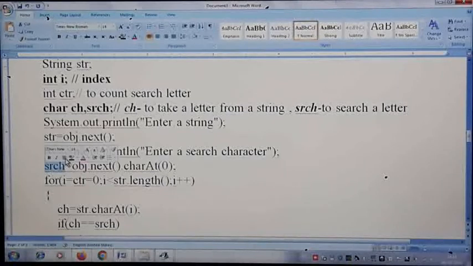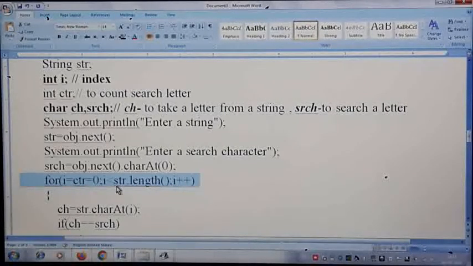So search is ready, your input string is ready. Now we are going to start with the for loop. Initially i is pointing to 0, and the counter, because I don't know how many times the search letter appears, is also pointing to 0. How many times are we repeating the loop? Till the length of the str, whatever number of letters are there in that str. So this is a standard for loop for all your string variety programs. Each time i will be incremented by 1 in the updation part.